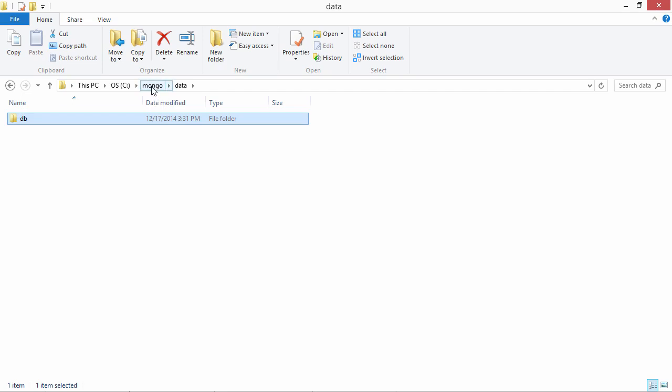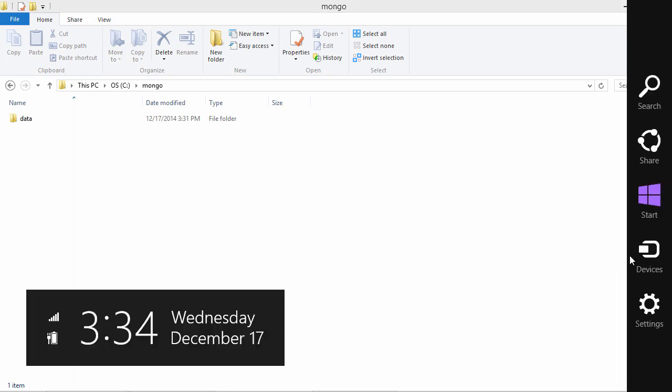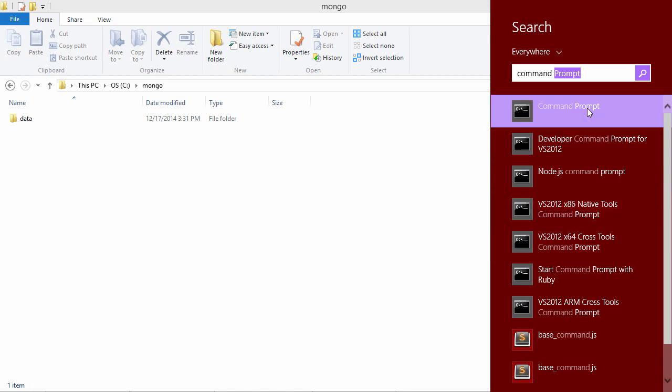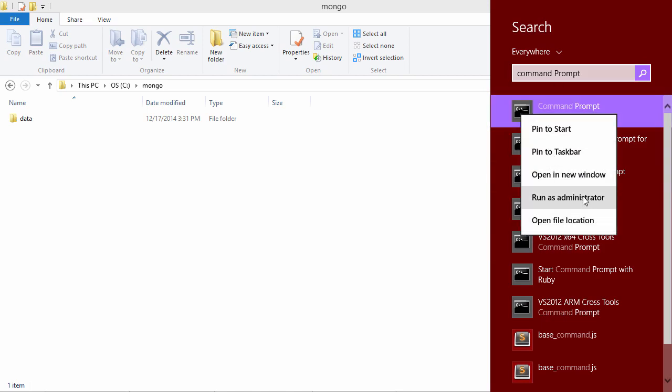The next thing that we need to do is to install MongoDB as a Windows service so it runs automatically when Windows loads. To achieve this, we will first need to create a configuration file that defines our database folder and a location for the log file. For this, right-click on the command prompt and choose Run as Administrator.